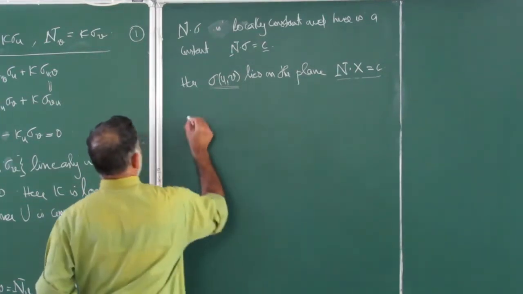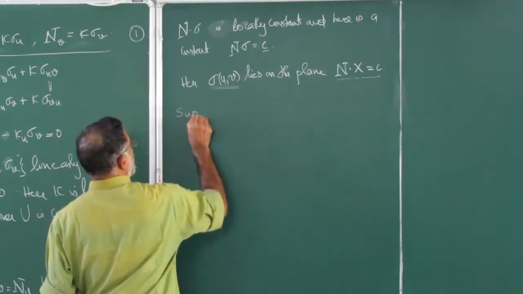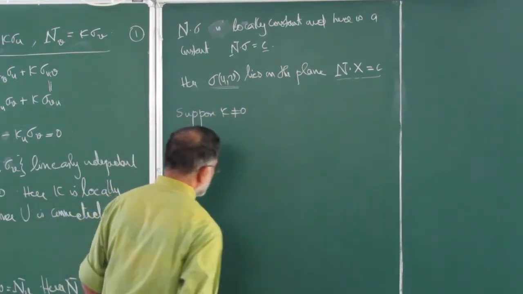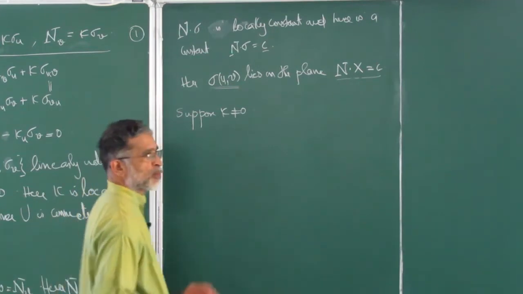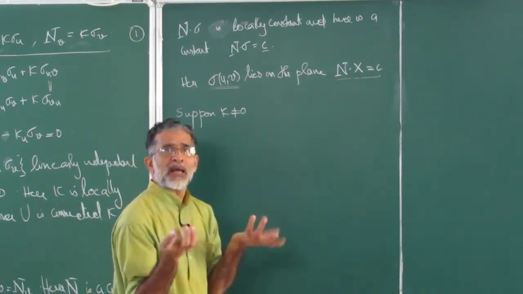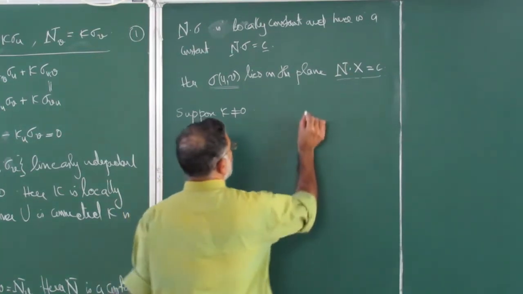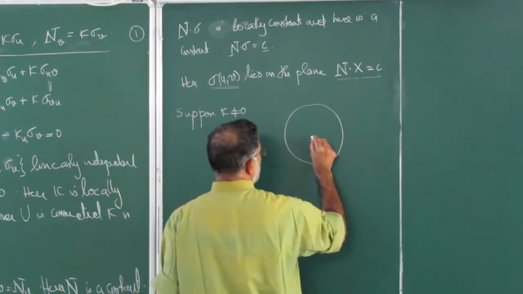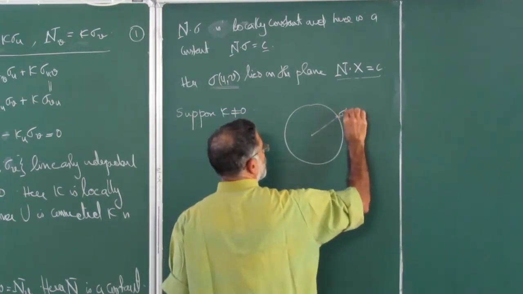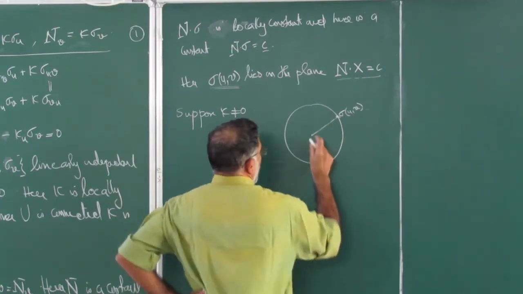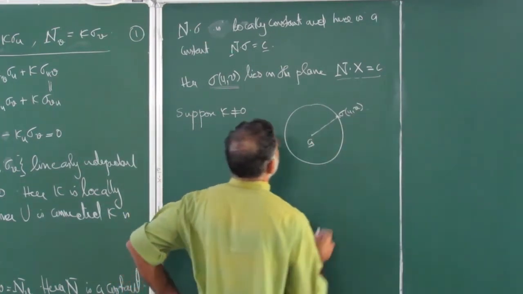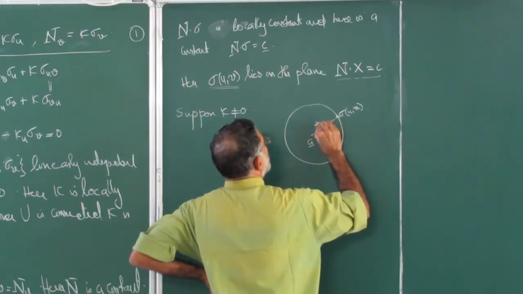When kappa is equal to 0, that's the plane. Now suppose kappa is not equal to 0. Of course, this is expected to be a circle. So it curves in the same manner in all directions, which happens only for a sphere. So you look at the sphere, and let's try to find out. This is your sigma uv. This is the center. And what is the radius? That 1 upon kappa is going to be the radius.